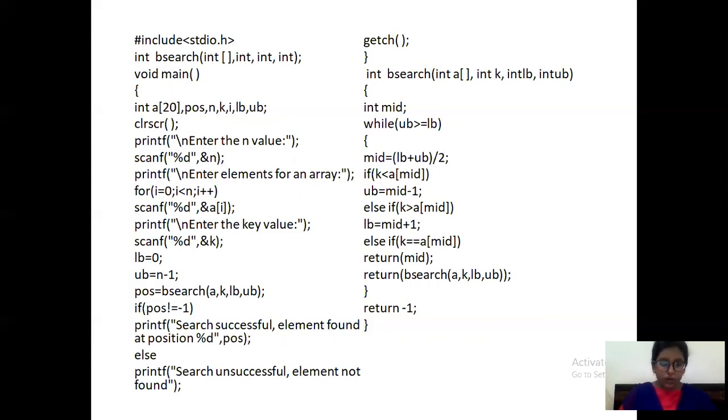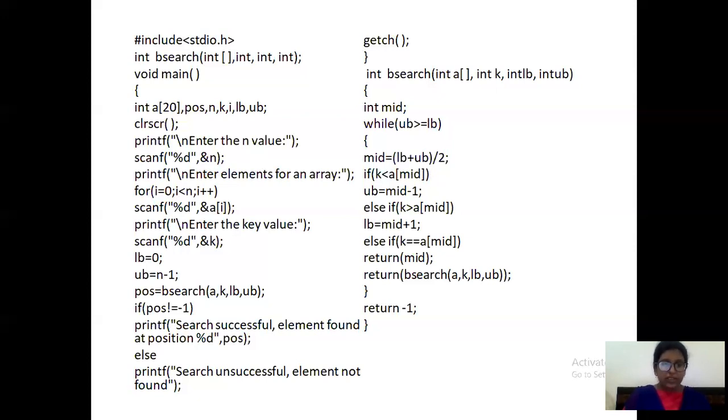I will be telling you what you mean by this recursion, and you are having two types of techniques for functions. One is with using recursion and without using recursion. Without using recursion is nothing but the normal logic, the normal program, but you will be writing it with using functions. Recursion means you will be calling that particular function until and unless it reaches its base condition. That I will be explaining to you.